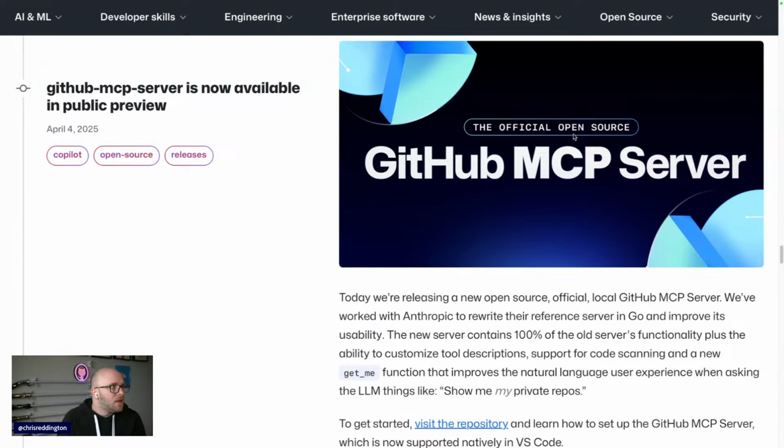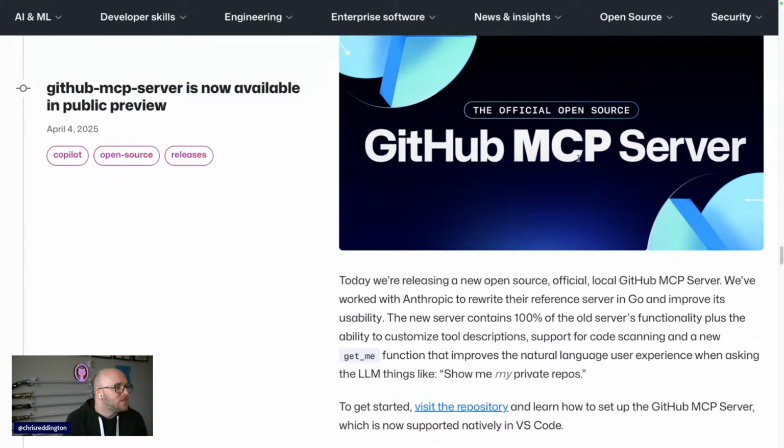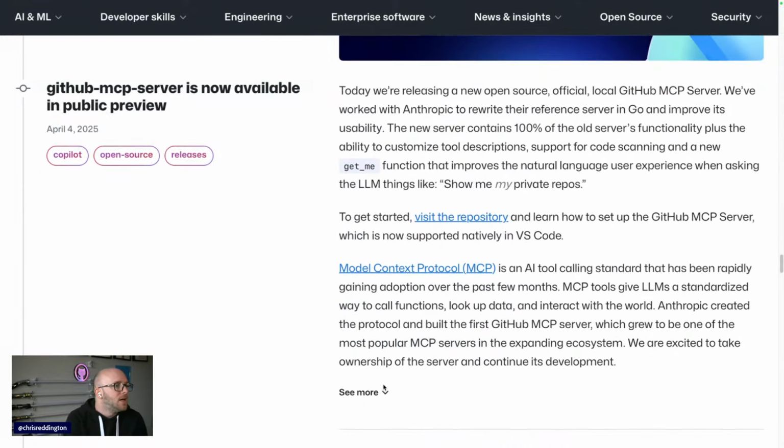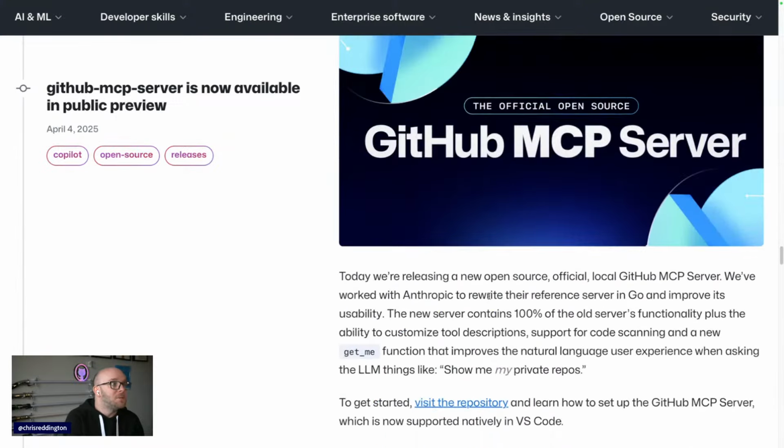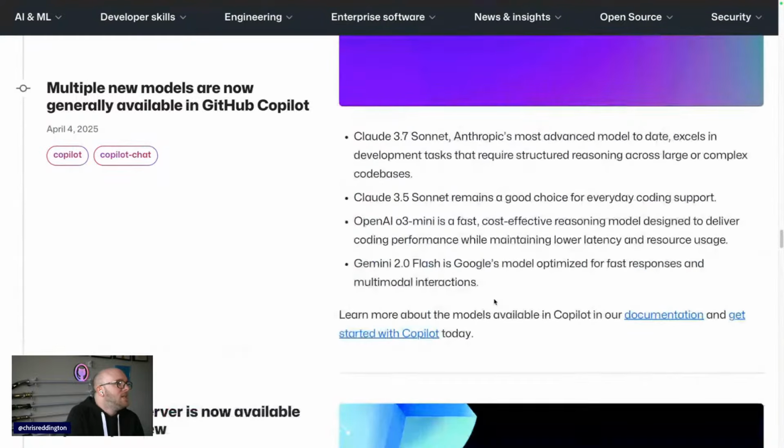It was previously, and you'll see this in the write-up here as well, a reference implementation from Anthropic. And now GitHub has published its own version of that and taken ownership of that. So again, we'll take a look at that in a moment, and you'll see a bit more in that. There we go.